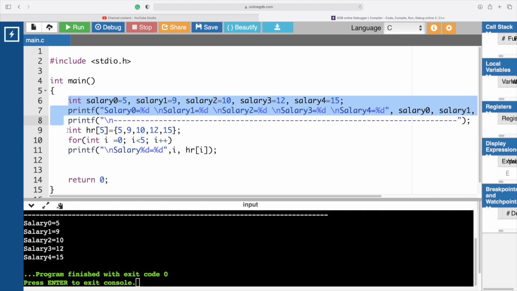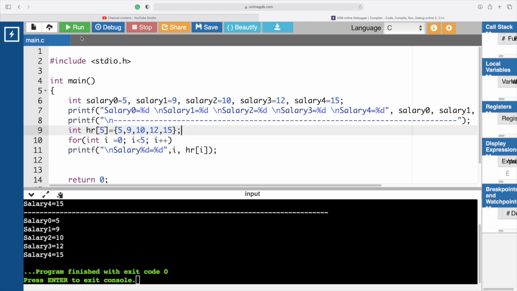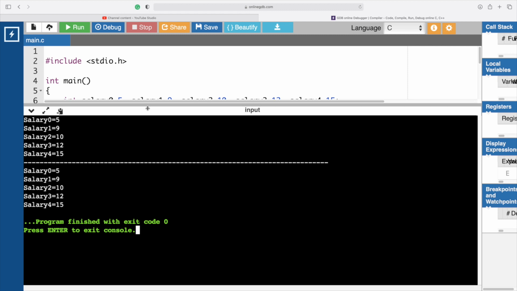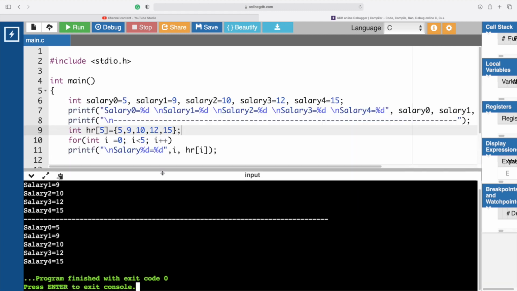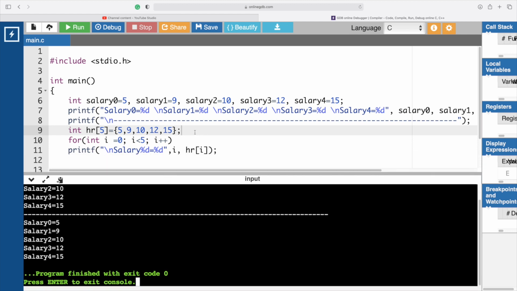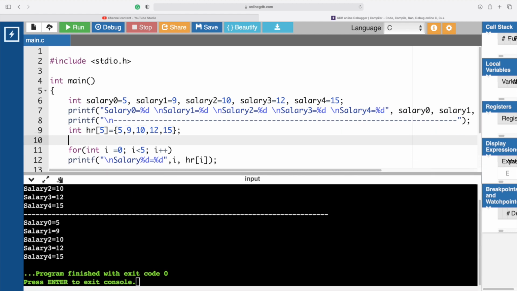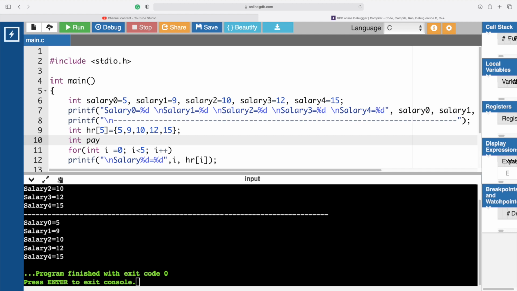If you do it with an array, you just have a few statements, and if I run this program, you see there's an integer salary up there with a variable, and the same salary is printed with an array. And if I want to also print the pay rise for every employee, I could do that by simply saying pay rise,